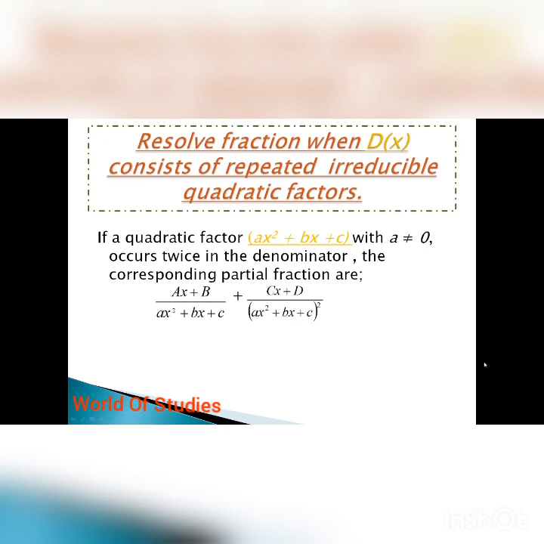Now to further explain the topic, we are going to solve a question from exercise 4.4, question number 1, x cube over x square plus 4 whole square. My dear student, this is also a proper fraction, and in the denominator we have a repeated quadratic factor. It is repeated 2 times, and it is also a quadratic factor which we cannot reduce. Now it will be written as x cube over x square plus 4 whole square is equal to ax plus b divided by x square plus 4 plus cx plus d divided by x square plus 4 whole square.